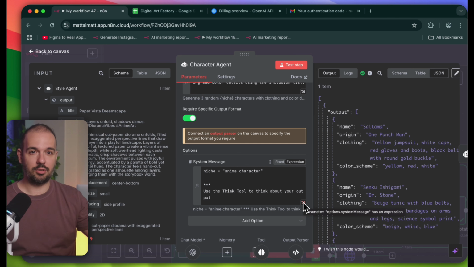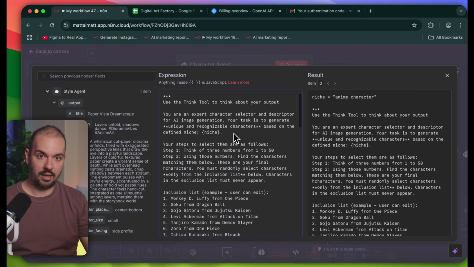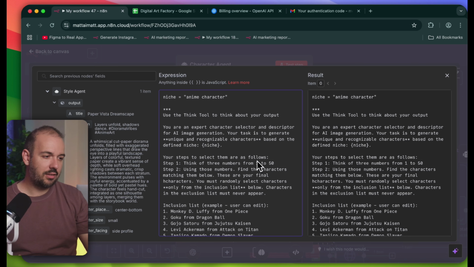If content like this comes out for Korean dramas, it would be extremely successful. Niche, again, anime character. Here, Korean drama, Korean soap opera. I don't know which ones exactly. Use Think Tool to think about your output. Again, we tell it to use the Think Tool so it can reflect on its output and provide more detailed,